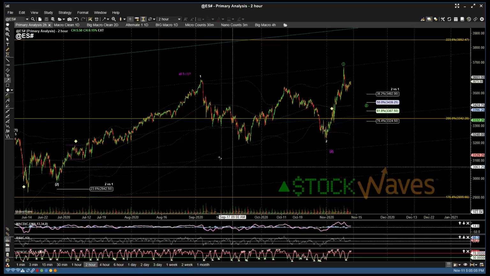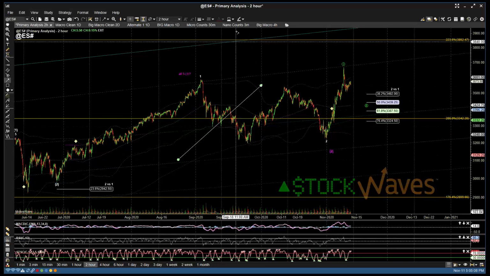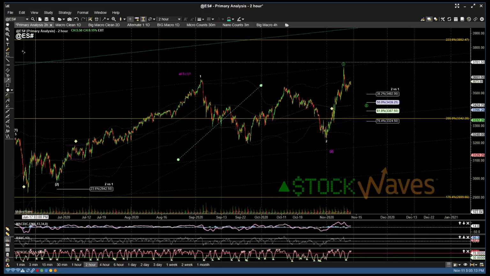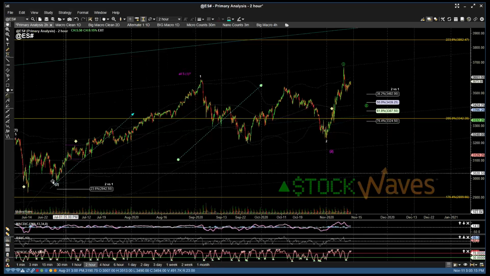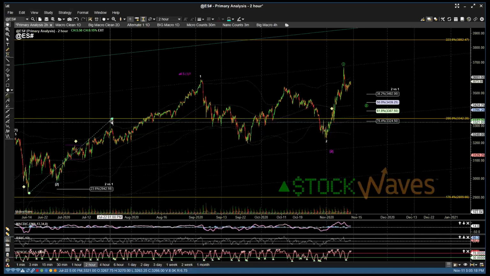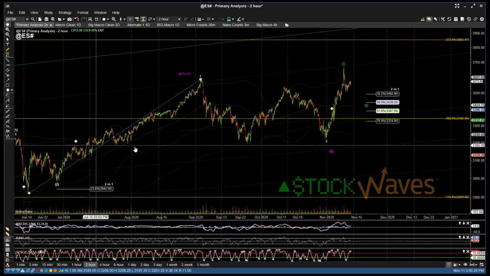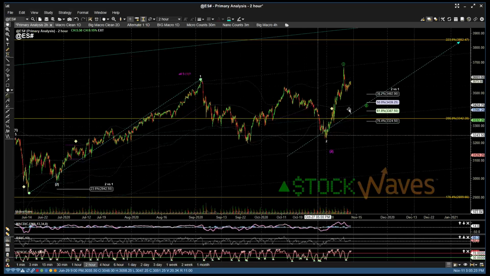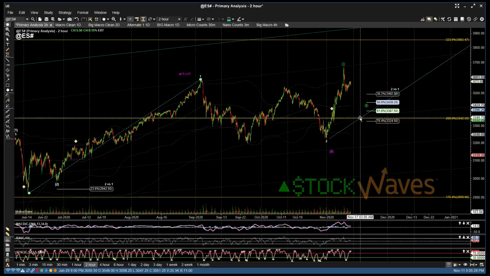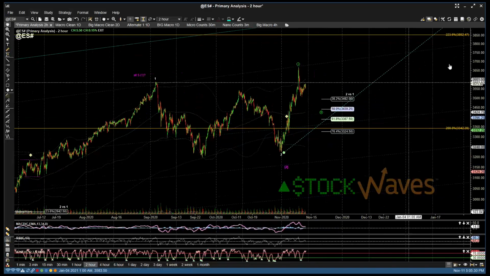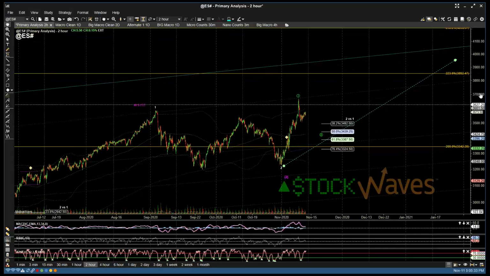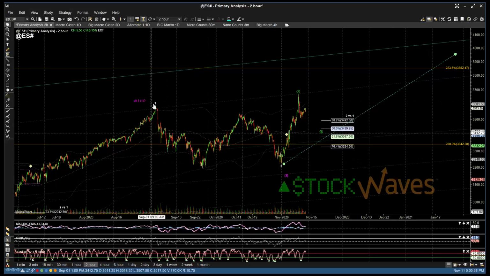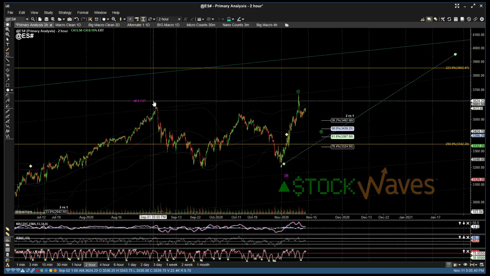You guys may see I tend to use the blue a lot. I might see a blue arrow like this on my chart, where I will take a measured move off of a significant low, and instead of applying a specific wave label, I'll look for a clear corrective consolidation, and then I'll draw a pirate ninja, which is basically just a silly way of saying measured move, off of that low, saying it really doesn't matter how you label this, whether it's a 1-2 or an A-B, or maybe even a